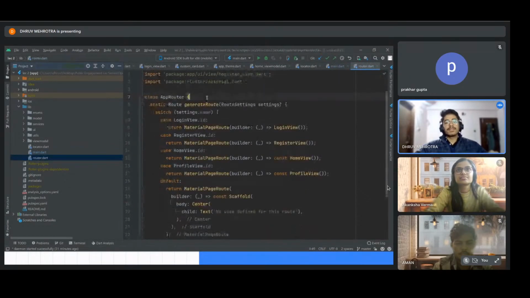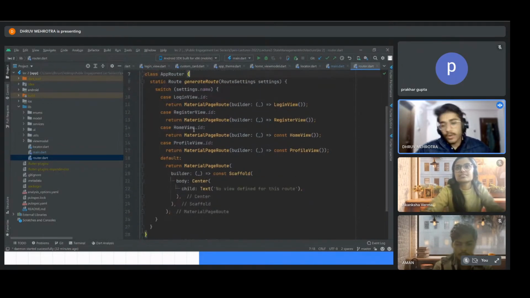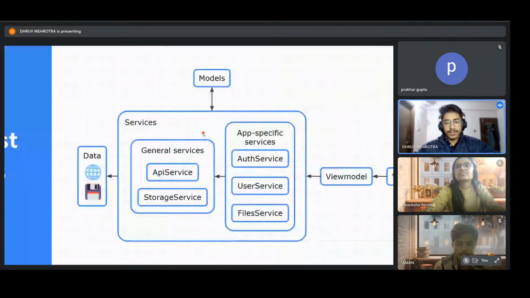And then there is the router, which is the app router, which defines the class AppRouter. So AppRouter basically defines routes for all your apps. What this means is it defines how you navigate within your app, which is called routing. Navigating between pages in your app is called routing. So if you want to go from one page to another, the app router provides a consistent way to do that. And I'll go more into depth into this later too, right? Okay. So now that that's done with,